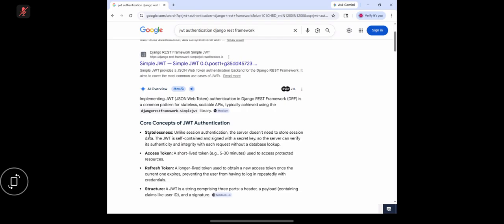But this is what here? Stateless. Using JWT, the server doesn't need to store session data. Stateless means you're not storing session details. The JWT is self-contained, signed with a secret key, so the server can verify its authentication and integrity with each request